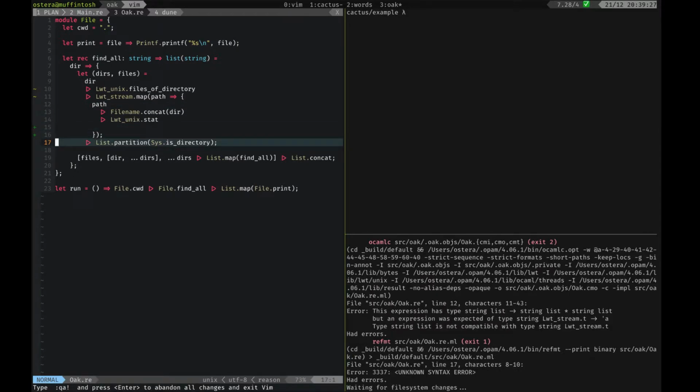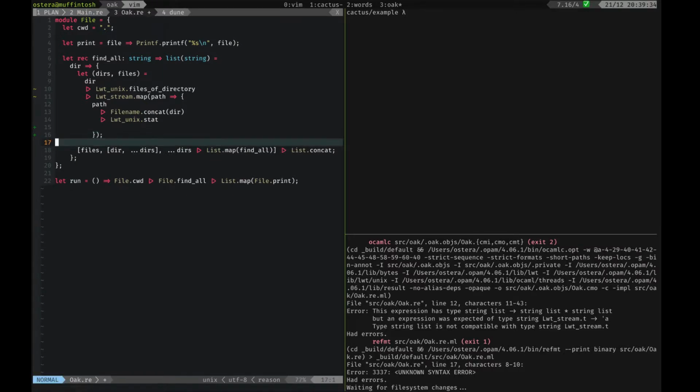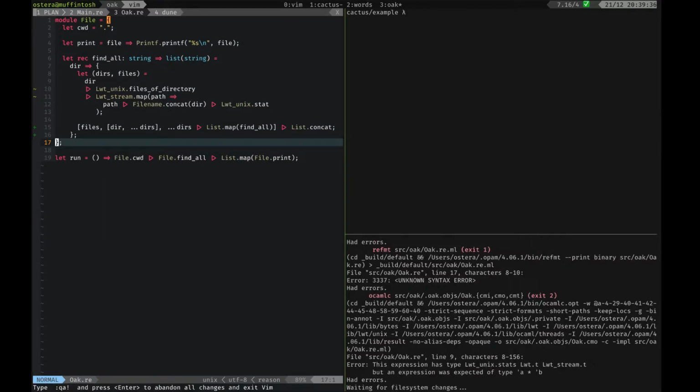It broke. It broke because this list partition is bad syntax. We have a semicolon here, and we don't need this thing anymore. If I save, boom, it did it for us. Great. All right, so we take the path, we add the directory, and then we